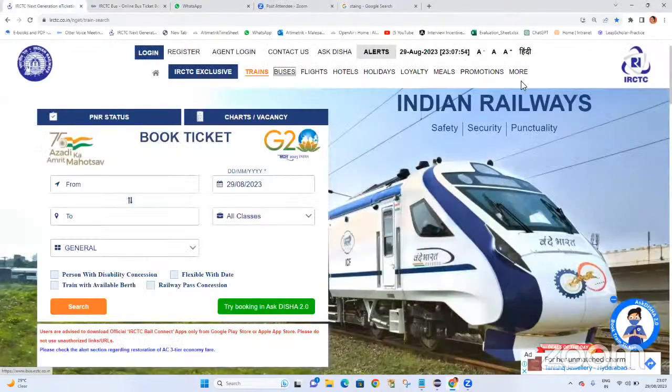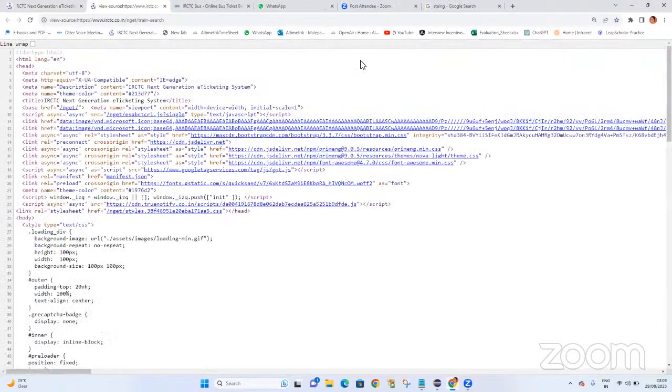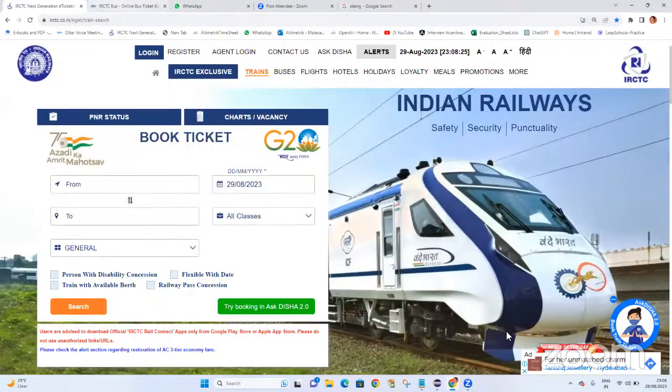Every window has a unique title. When I right-click and inspect, there is something called view page source. In the view page source, we can see the title, and the title is definitely unique from one window to another. So when we get this title, by using an if else condition we can get into whatever window we want and automate that particular window. So first of all, the logic we can write for this is: